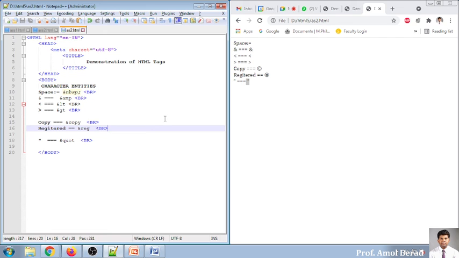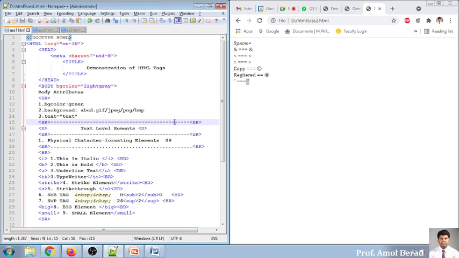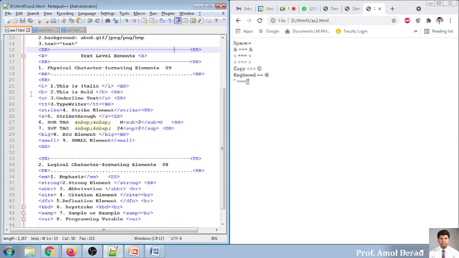Now, homework for today: first, as shown, you have to implement all the text level elements, that is physical character formats and logical character formats, because these are used for designing wonderful web pages. You should know the physical character formats, which are 9, and logical character formats, which are 8.